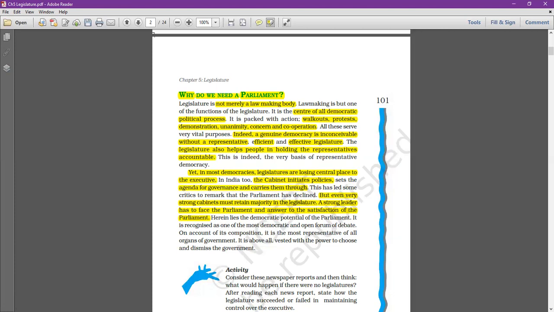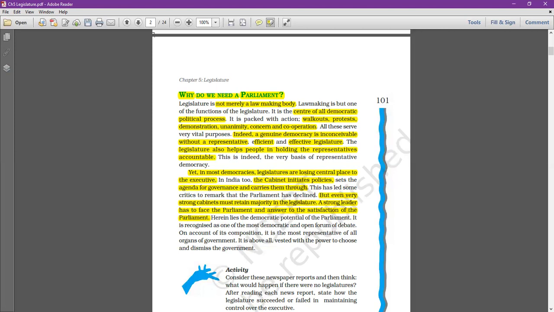Just take the example of India. In India, you all know that in Lok Sabha, we have 543 total constituencies. And out of 543 constituencies, we need 272 for forming a government. So if any government loses the majority in Lok Sabha, it cannot remain as government. It has to resign. The prime minister has to resign, and the ministry will also automatically lose its reign. So therefore, even the strong leadership, even the strong cabinet, has to have the majority in the Lok Sabha, in the parliament, and